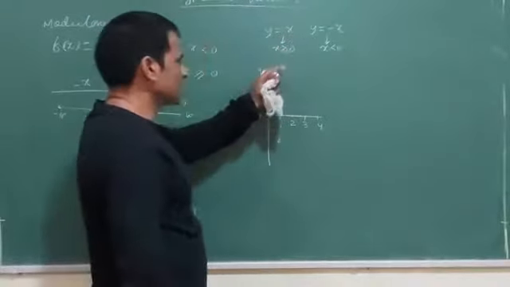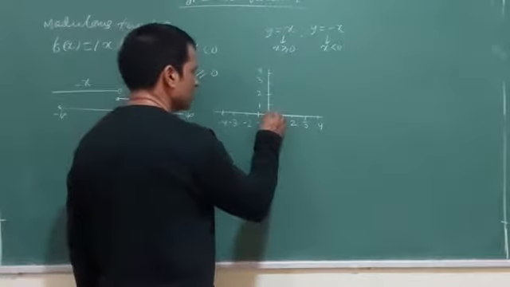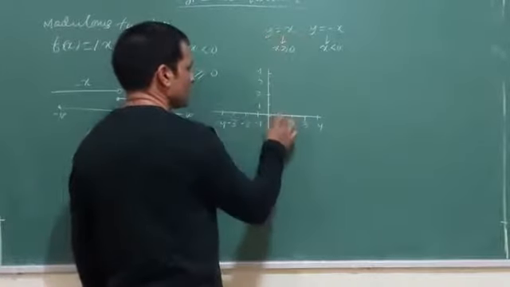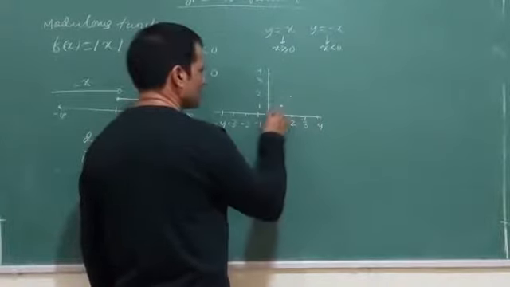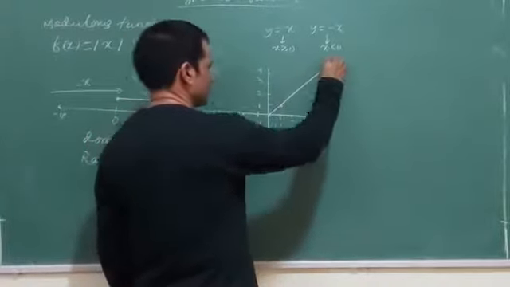When I consider the value greater than or equal to 0, I take 0, 0 is 0, replace 0, you will get 0, 1, you will get 1, 2 you will get 2, 2.5 you will get 2.5, so this is a straight line from here.